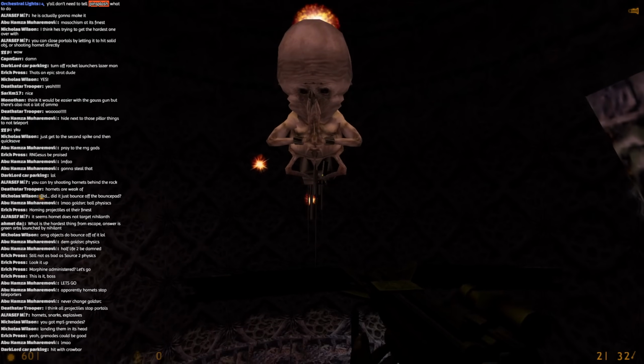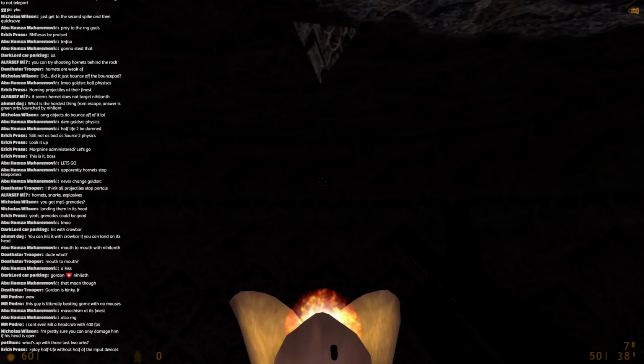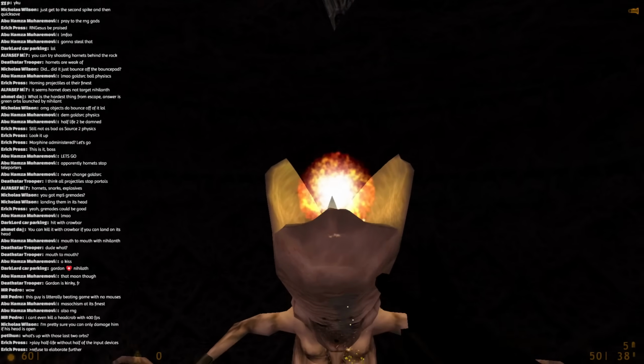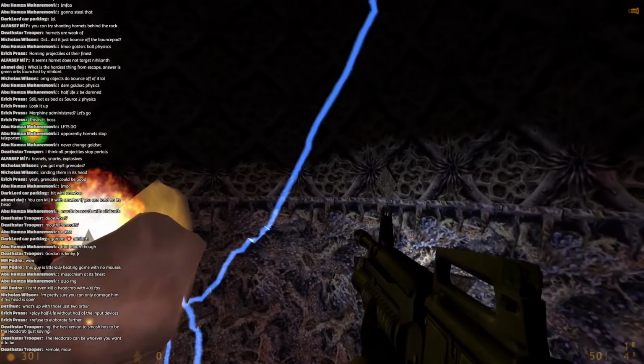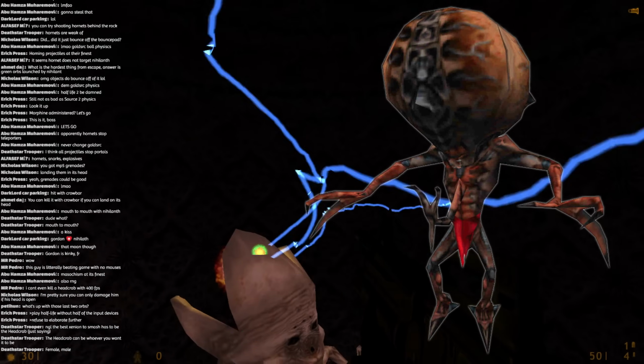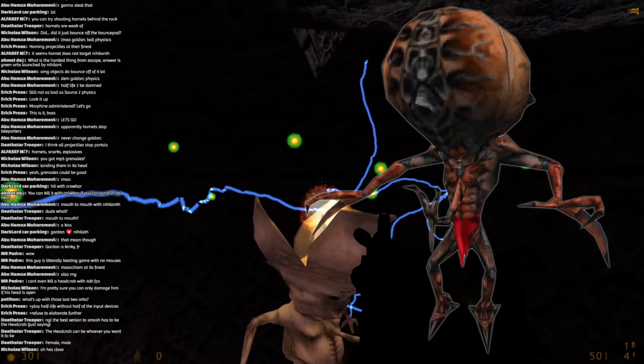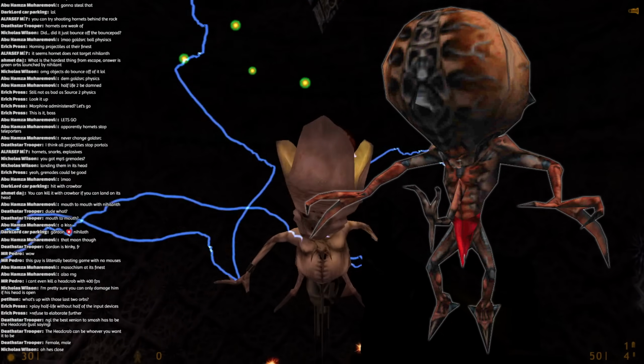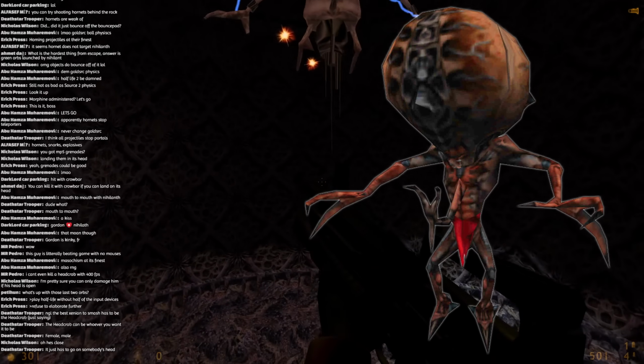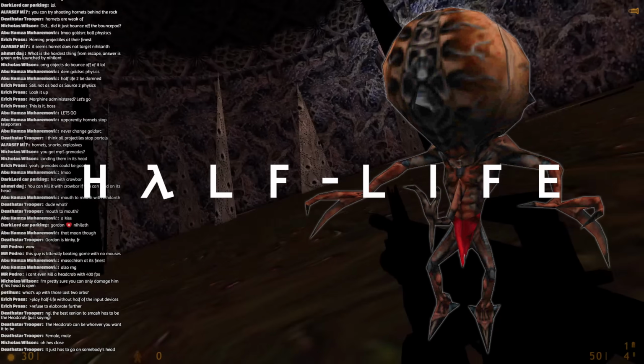And now I just had to kill him. I shot him, and I shot him, and I shot him, but the final blow came from one of the other aliens that was floating around. In the end, friendly fire is what got it done. What a life he lived. A half-life.